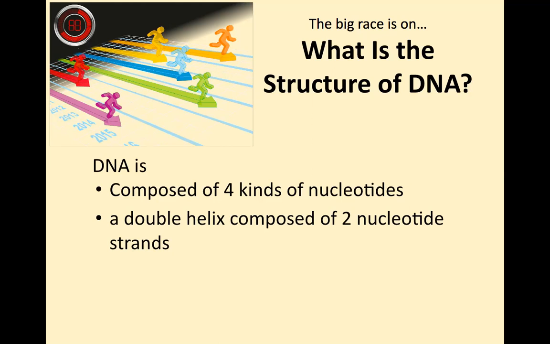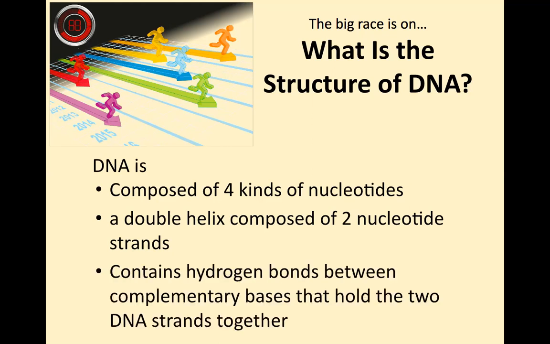The structure of the DNA itself is a double helix that is made up of 2 nucleotide strands. And within the double helix itself, it is made up of large numbers of hydrogen bonds that hold the complementary base pairs, A bonding to T, C bonding to G, that form the rungs of this double helix, or as some people would describe, the